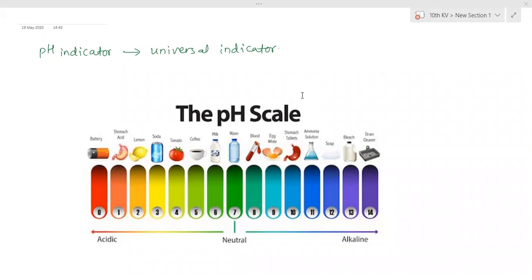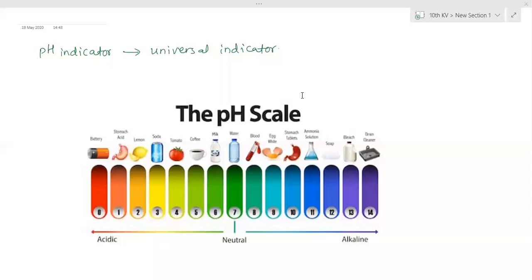The ability of the acid to react with metals or any other substance. Yeah, those vigorous chemical reactions as well, that is right. And one more thing, it depends on the number of H plus ions. It is completely dependent on the number of H plus ions. Any solution which has more H plus ions, the strength of that acid is considered more. That acid has more strength. So the H plus ion concentration is very important.